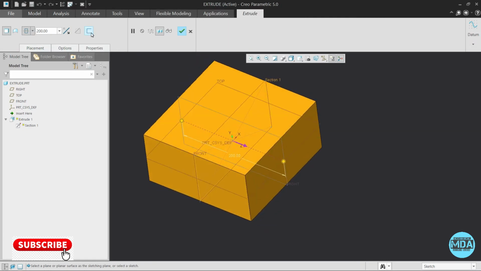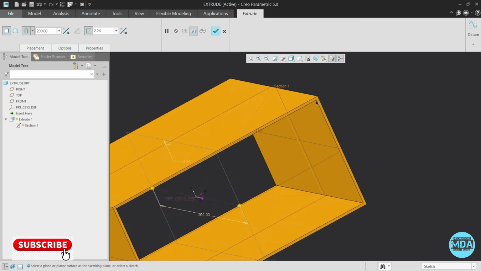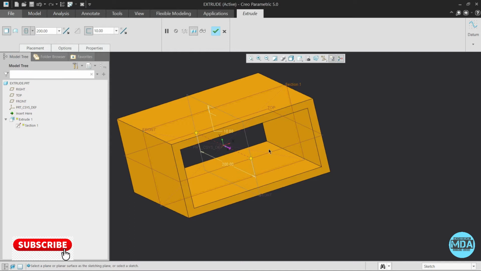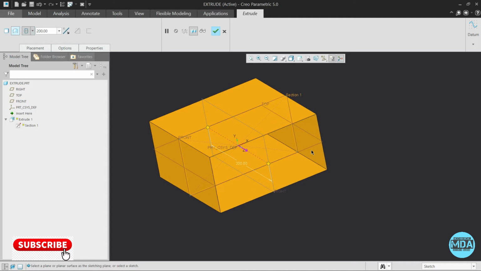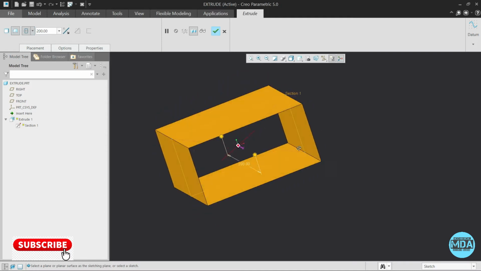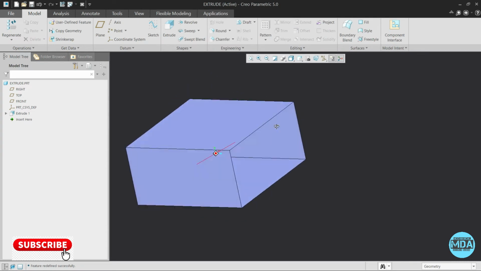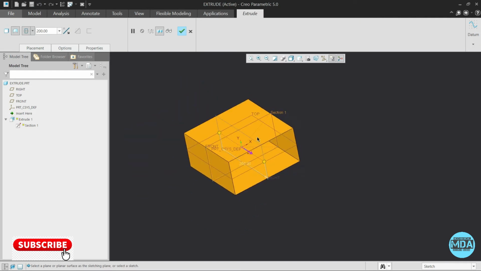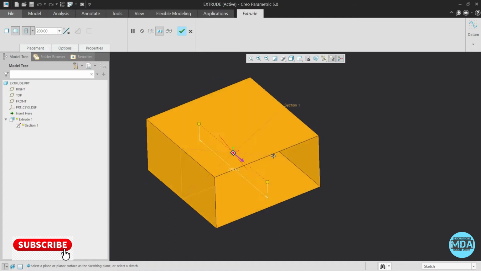Now I want a thicken block, so here use the thicken command. Now here give the thickness value like this. You can use extrude as a thicken to create a thicken feature or a part. Like this you can create a surface also. Now this one is a surface. Click and edit definition. Here I have selected the surface option.